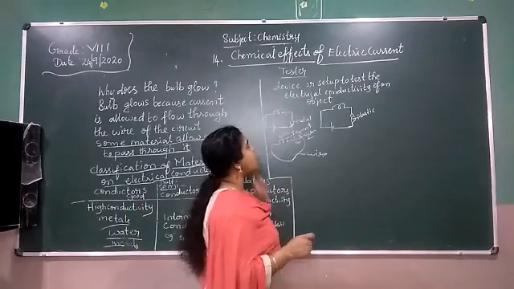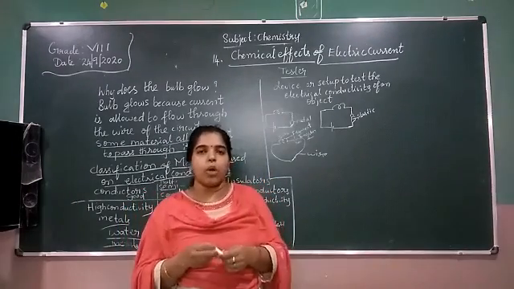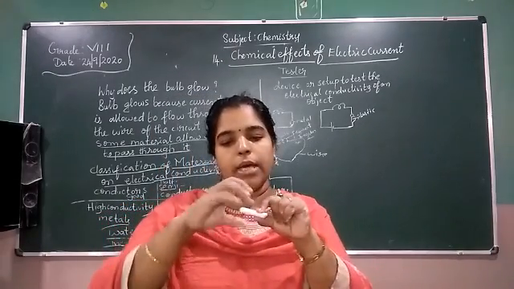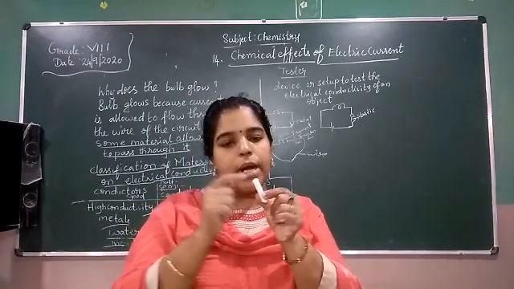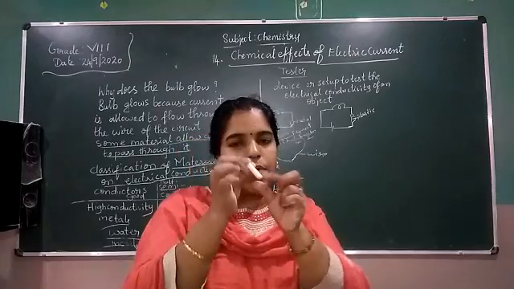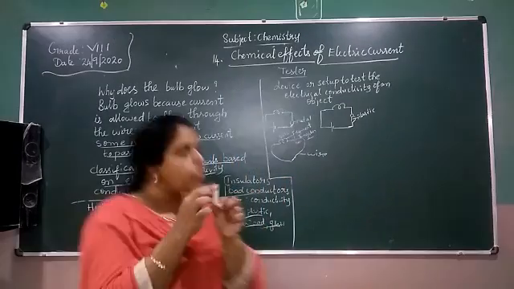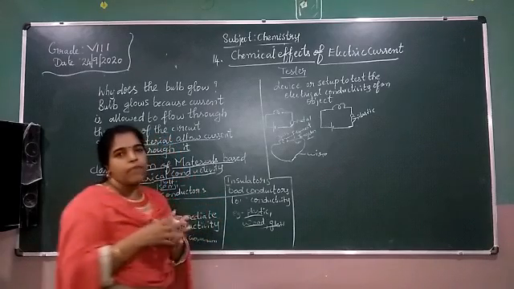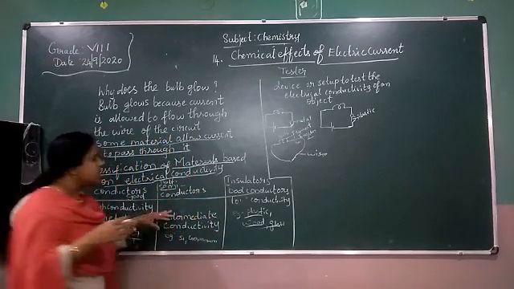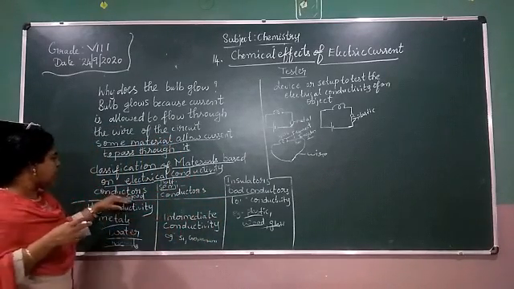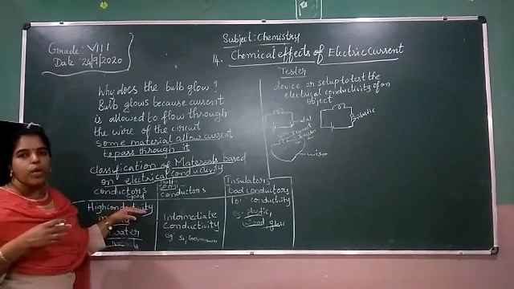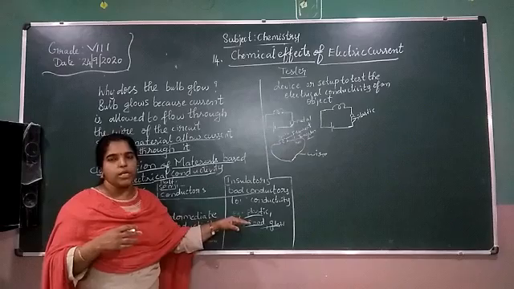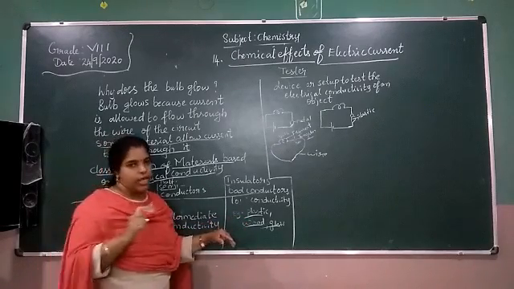Now, what is the tester? You have already noticed in your box the metal part and a glass part where a red color will come. If you switch on the socket, you can see the red color glow. There are several types of testers. We are going to test whether it is correct that metals are good conductors and plastics are insulators, so let's check with that.